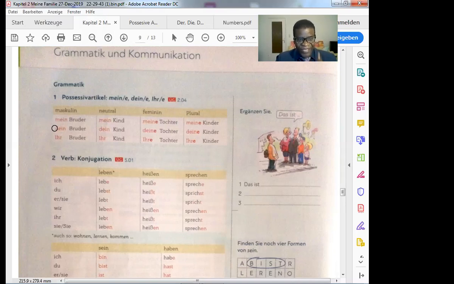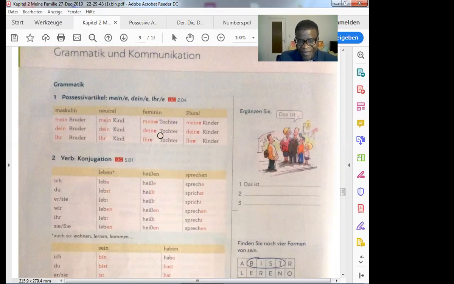Now you are addressing somebody you are talking to in an informal situation. You are talking to a second person. Dein Bruder. This person maybe is showing you some photos, then probably you are trying to guess. You can simply say, Dein Bruder, your brother, without E. Dein Kind, your child. Kind means child.